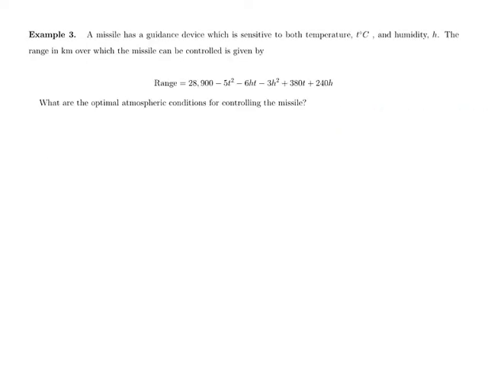One more example here, an application problem. Here we have a missile has a guidance device which is sensitive to both temperature in degrees Celsius and humidity. The range in kilometers over which the missile can be controlled is given by range equal to 28,900 minus 5t squared minus 6ht minus 3h squared plus 380t plus 240h. And the question is, what are the optimal atmospheric conditions, that is degrees Celsius and humidity,